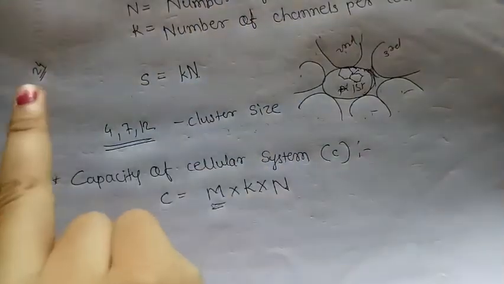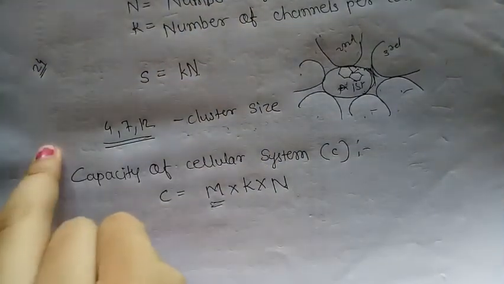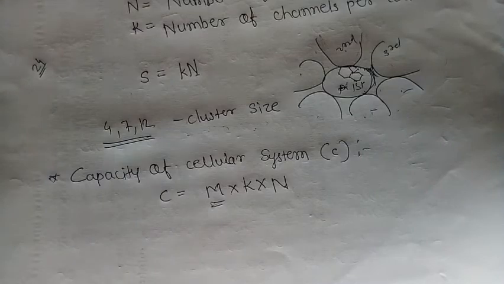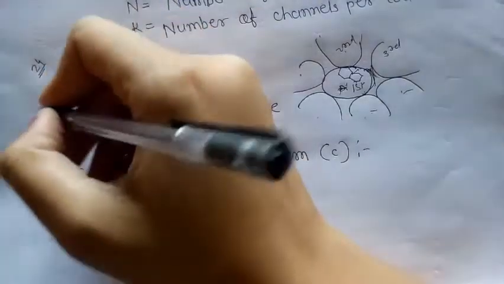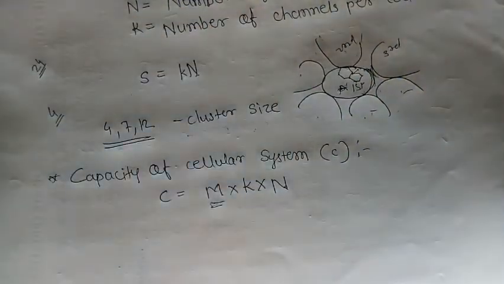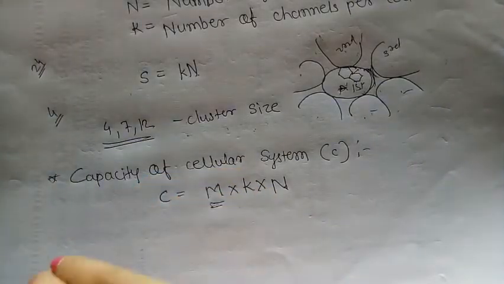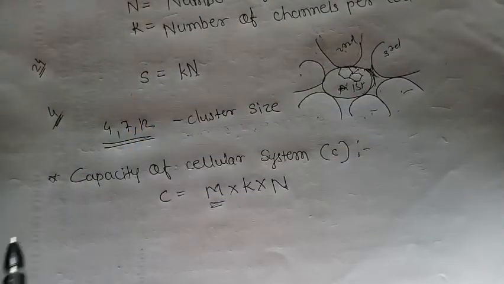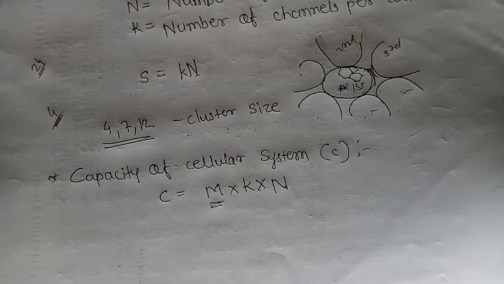For example, if there are 24 cells, and we divide them into 2 clusters of 12, then the number of M will be 2. But if we reduce the size of the cluster to 4, then we get 6 clusters, meaning a 4-size cluster is used several times. When we reduce the size of the cluster, the number of M increases, meaning replication of your cluster is increased, and it will increase the capacity of your cellular system.